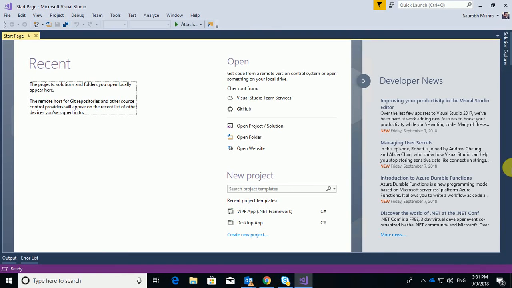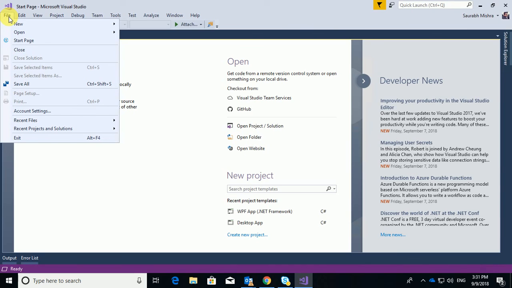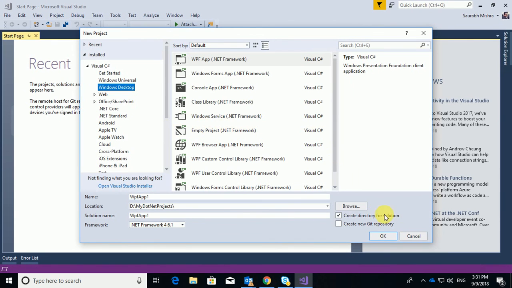Hello viewers, the key objective of this small tutorial is to help all C# beginners understand how to create a project in Visual Studio. So let's get started. Initially, when you look forward to creating a project, you have to click on the File menu, New Project, and then you have to decide whether you wish to create a console application project, or a